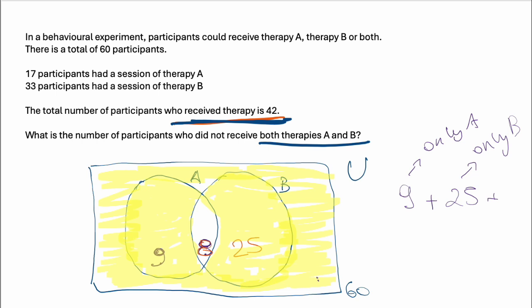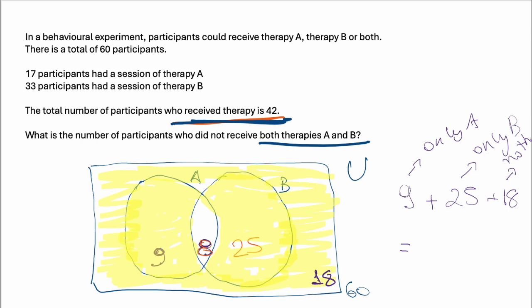Well, 9 plus 8 plus 25, there are 42. This is 42 people that received therapy. So to get to 60, there are 18 people that did not receive any therapy, right? So I have to account for that once. So this is no therapy. No therapy. And so the answer will be,